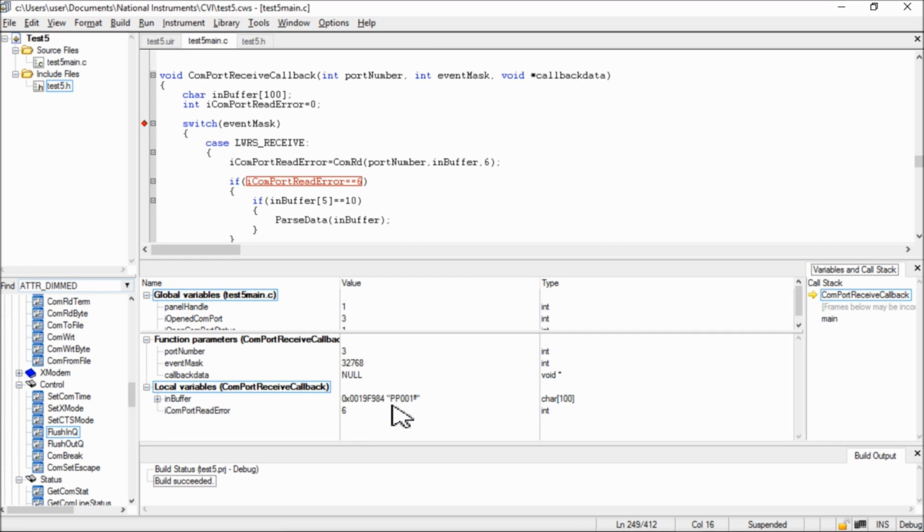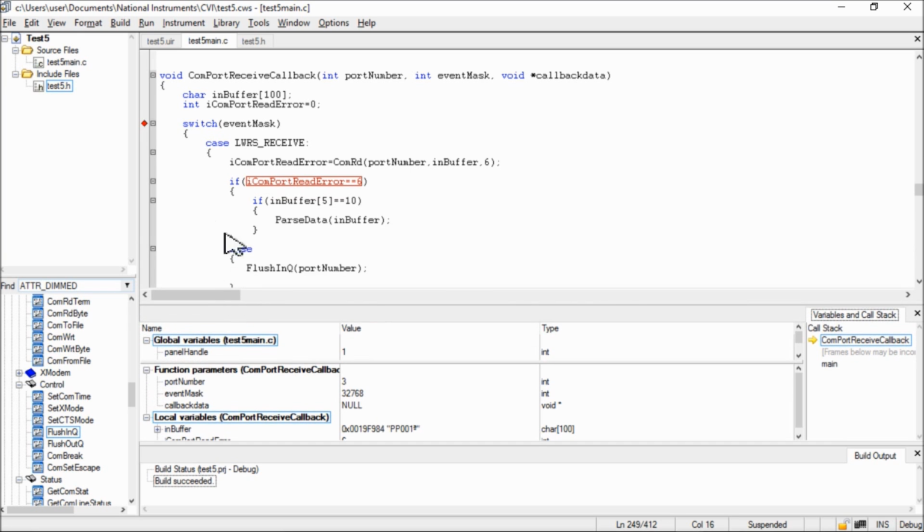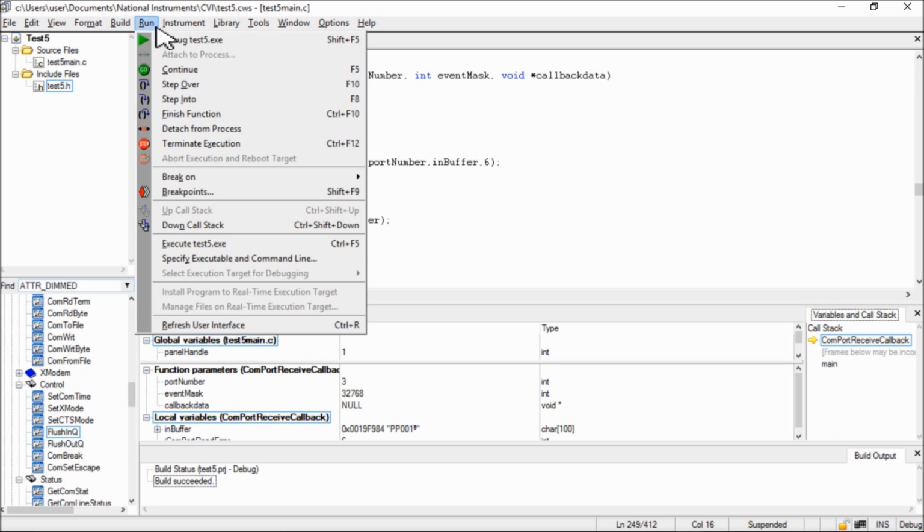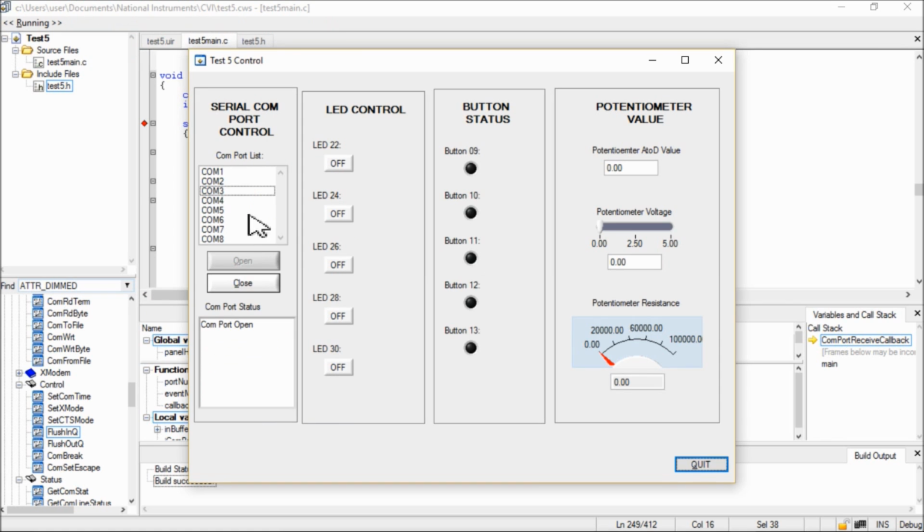Alright, we've got PP001, so that's a little out of whack. So I don't think that would end up passing. I'm just going to continue then,